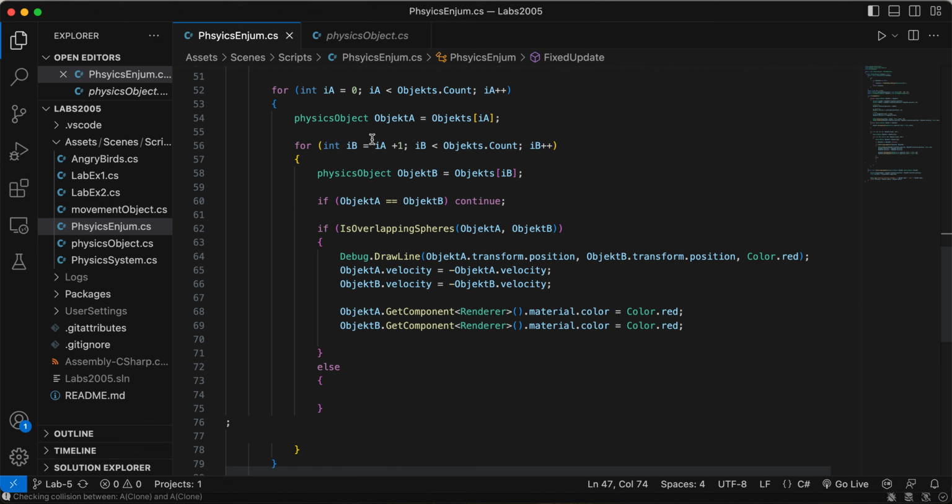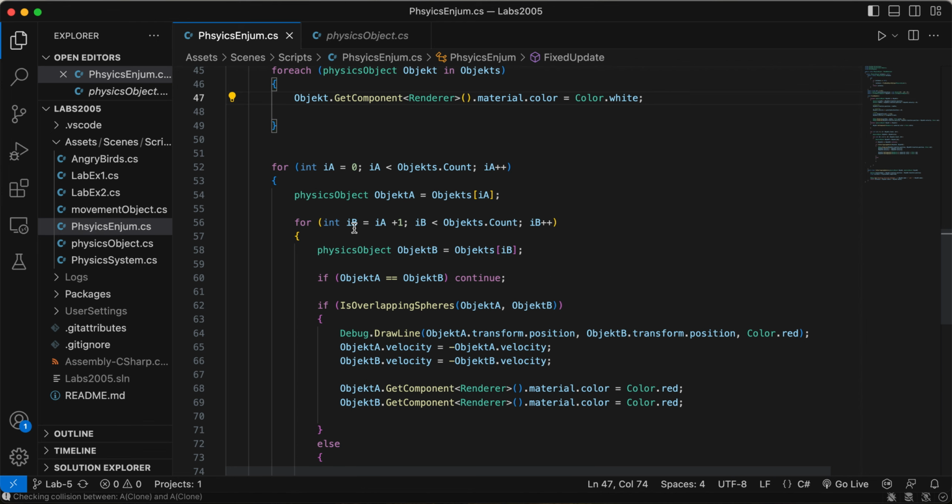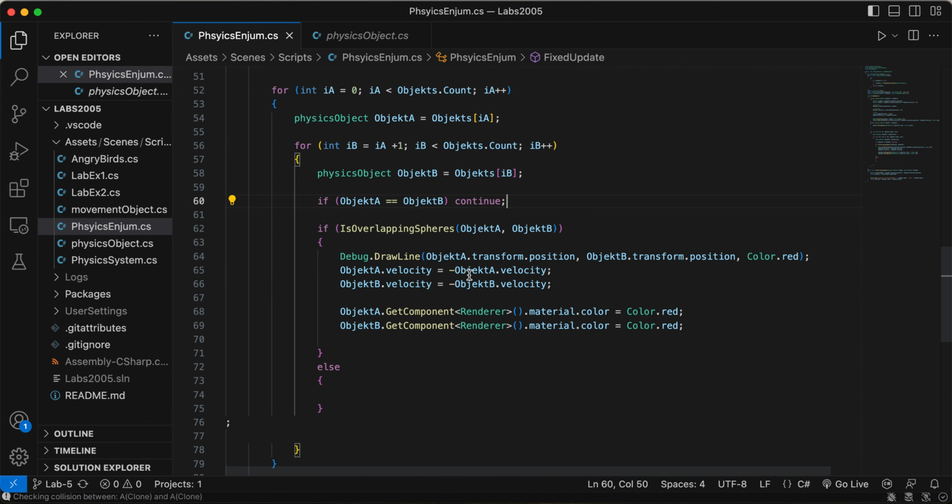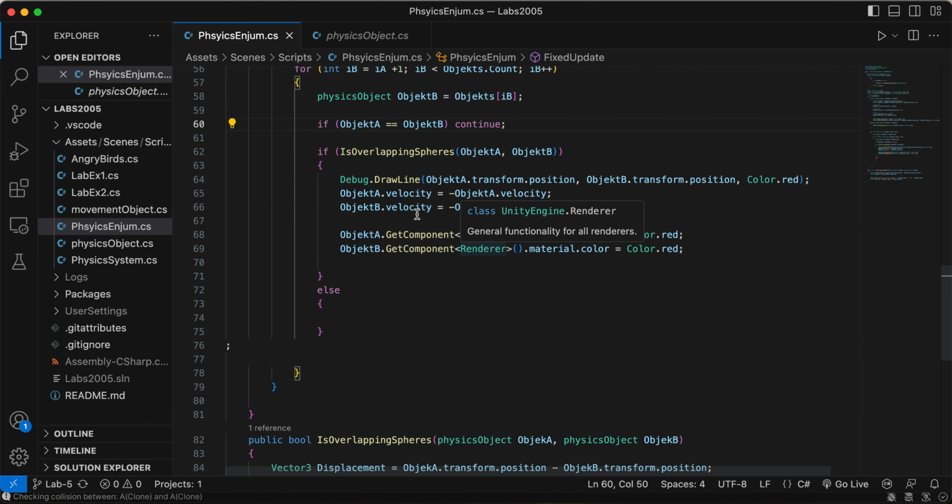As you can see here, we have an iA and iB, so iA will lead to iB for us. If the objects are equal to each other, it's going to continue to the next loop. But if the method overlapping object A and object B is true,